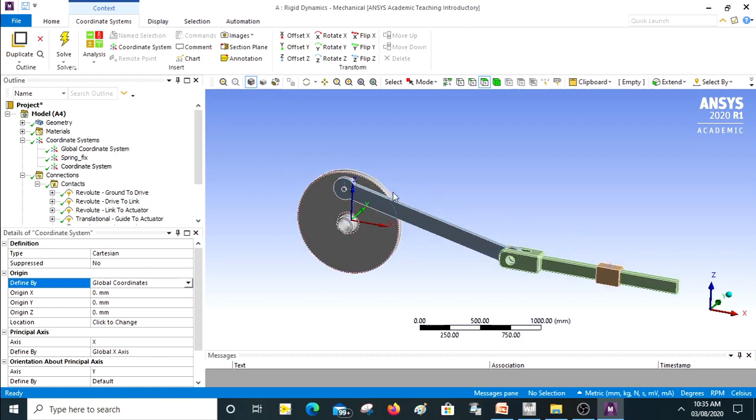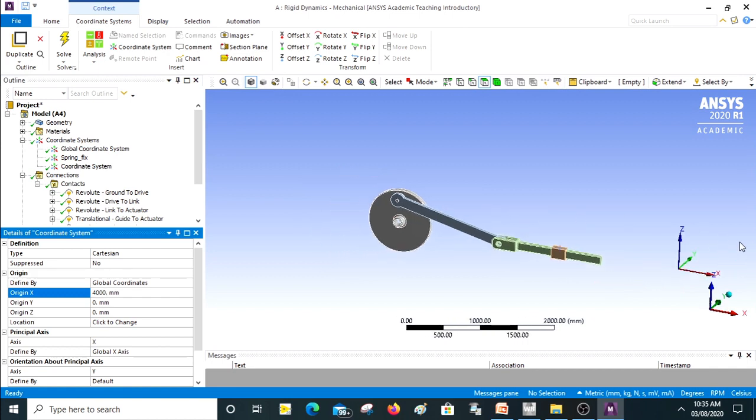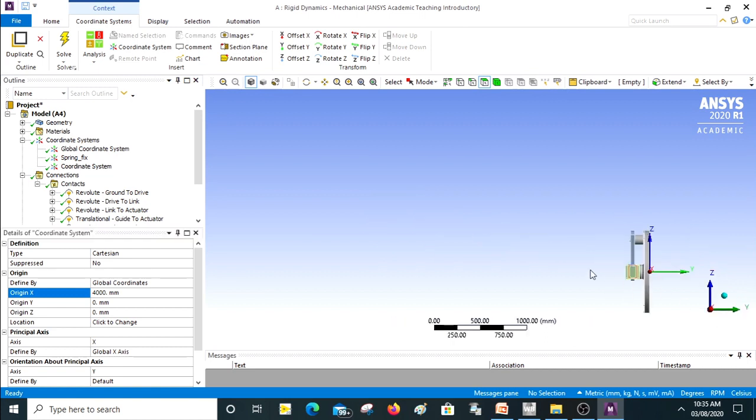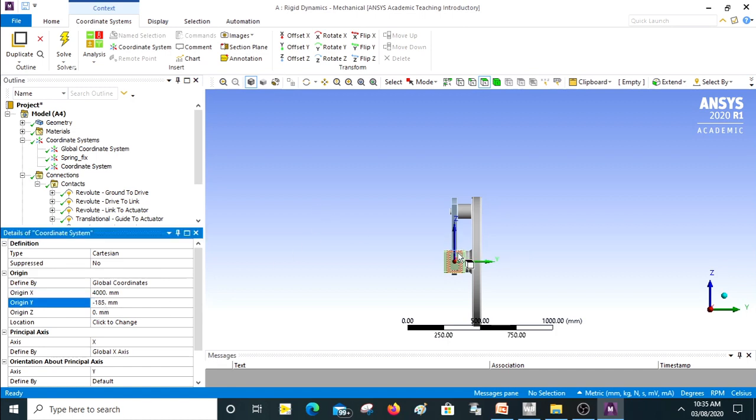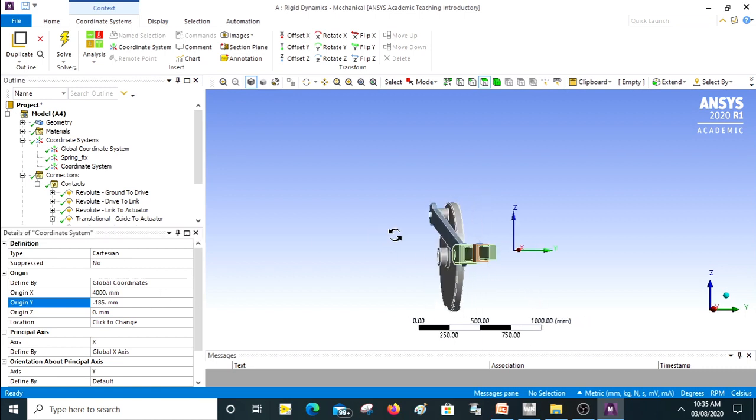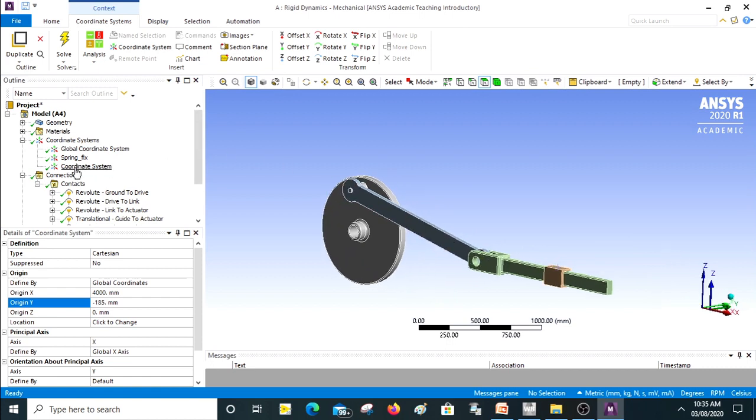Now see what my origin is. This was my first component in ANSYS Workbench, so this is taken as the global coordinate over here. So my x is 4000. If you look here, this will be shifting towards my x direction by 4000 mm. There you go. I'll just see the side view. Now if you look at it slightly oriented, I need this origin to be exactly at the center. Now I need to move in y direction towards the negative side, so I will write this as minus 185. That's it. That's exactly at the center. Nothing in z because it's exactly at the center position. So that's how you provide a new coordinate system.